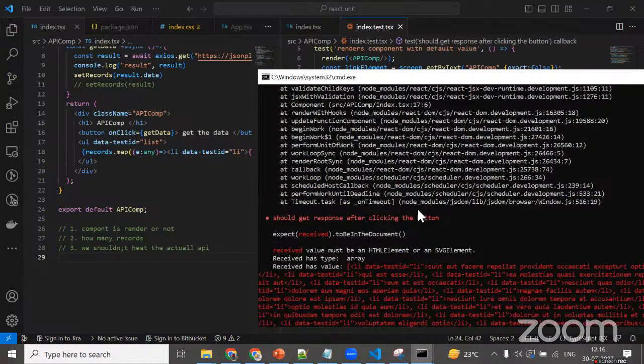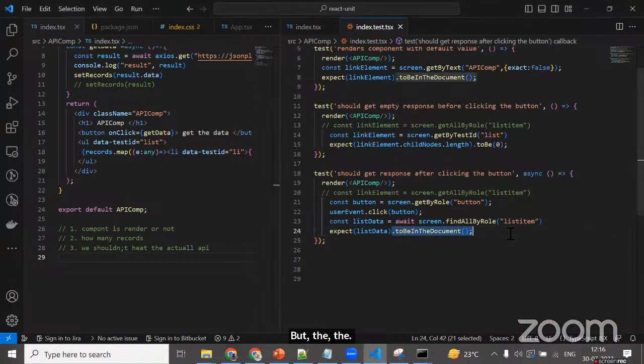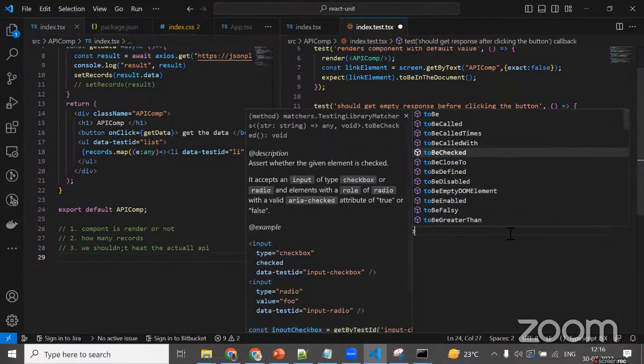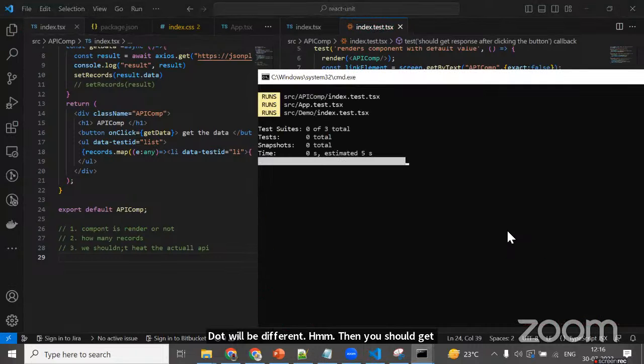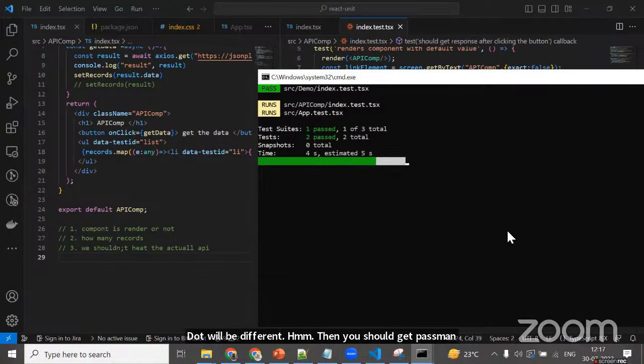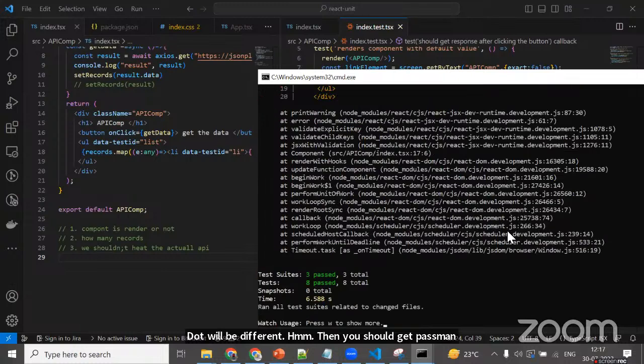But Venkat, here the list item will give an array. The received value has type array. Now toBeInTheDocument. Let's say we'll use array.toBeDefined. Then it should get passed now. Finally,